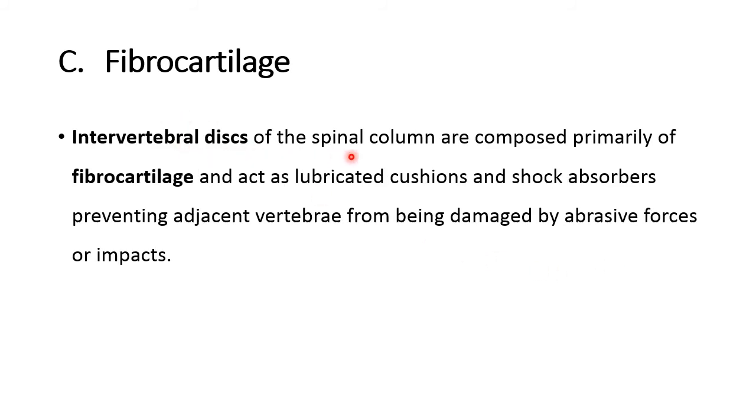The intervertebral discs of the spinal column are composed primarily of fibrocartilage. The function بتاعت the intervertebral disc: fibrocartilage found in the intervertebral disc acts as lubricated cushions and shock absorbers to prevent adjacent vertebrae from being damaged by abrasive forces or impacts. ماس للصدمات بيحمي الفرتبرا من impacts and forces,